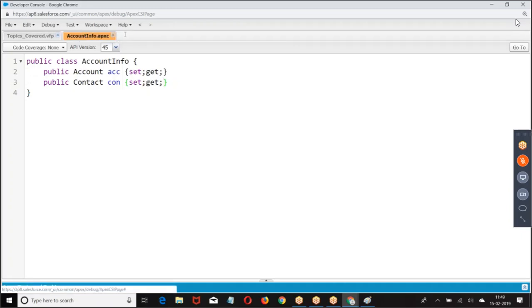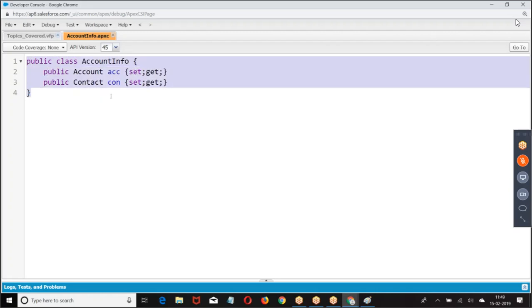Then what I was doing, first, the concept is clear. Why did I go to wrapper class? Did you follow that? We have a data type called account. We have a data type called contact. But we don't have any data type which will take one account and contact. If I don't have the required data type, I can create my own data type. How can you create your own data type? Like a wrapper class. Right? Next.